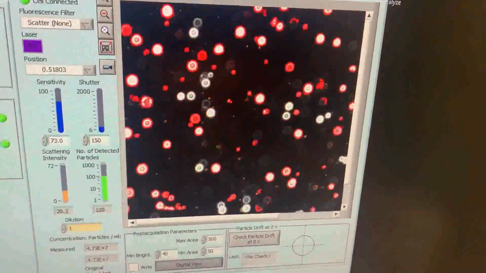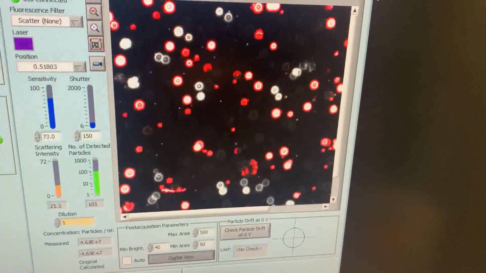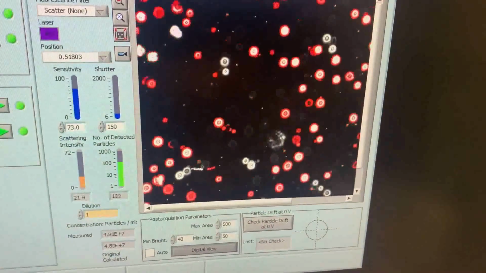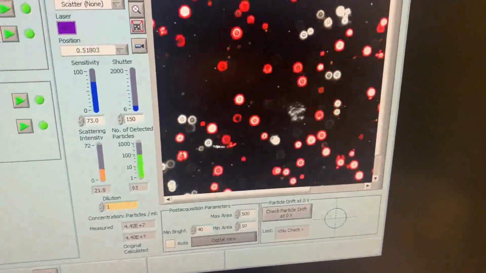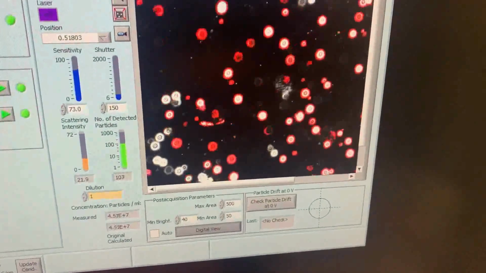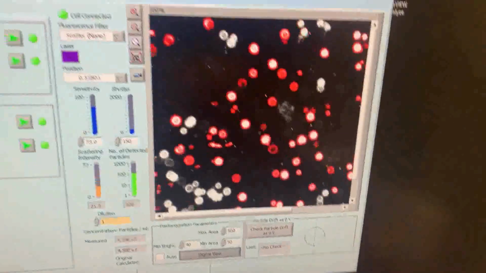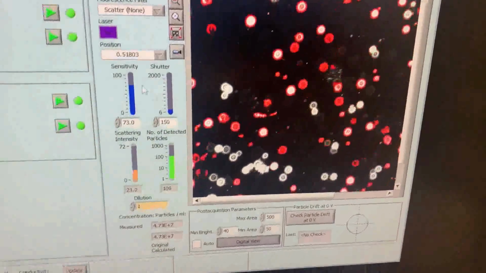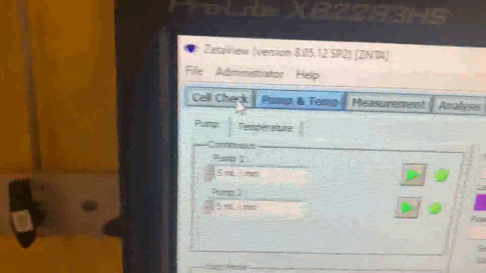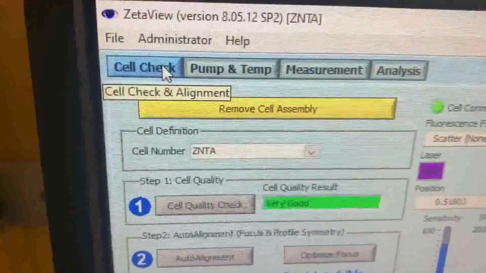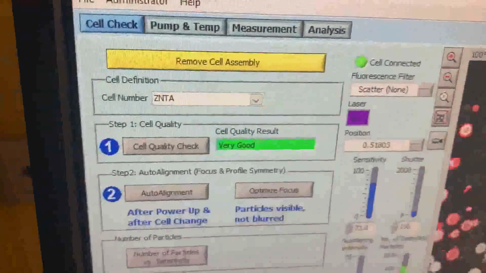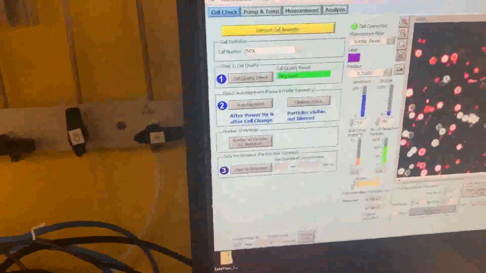So here the sample is already injected, and we do a demonstration of how to measure the particle size and how to measure the zeta potential separately. So first, before we do the measurement, we go back to the cell check process, and then we want to adjust the parameters here